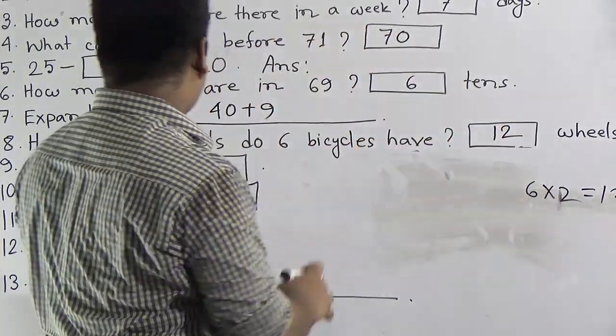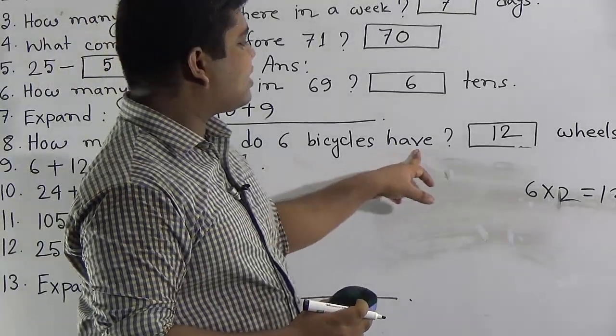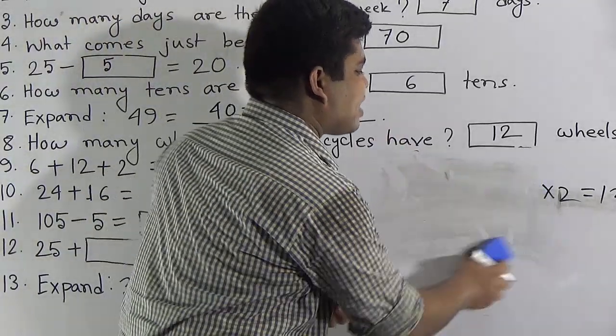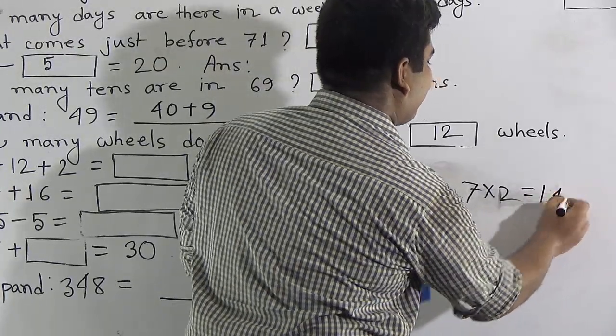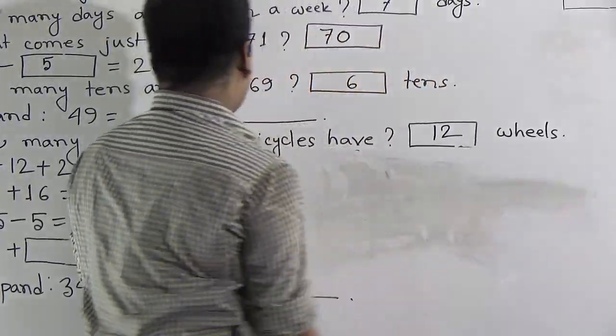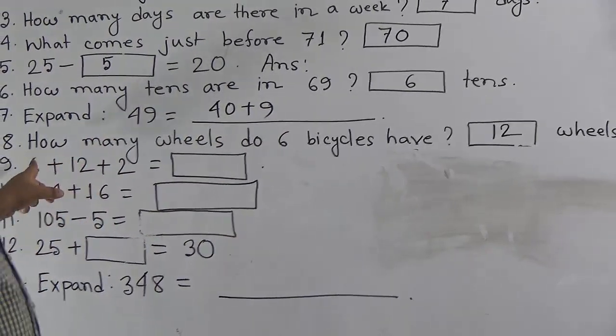If the question asks you to find how many wheels do 7 bicycles have, we multiply 7 with 2 and we get the answer. 7 twos are 14. I hope you understood how to solve this type of question. Our next question is